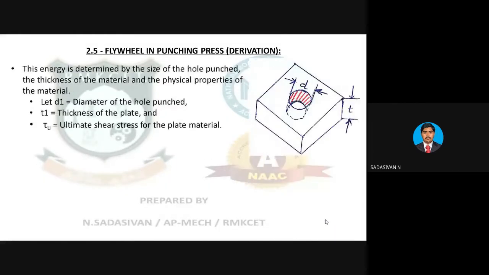Let us take a plate. I'm going to punch a hole like this. So the sheared area is shaded here. What is the sheared area? Circumference into thickness. The inside surface area of the hole is actually where work is being done by the tool. That much energy. So if you know, per millimeter square, what is the energy required to shear this material, you can find out the energy required to punch a hole.